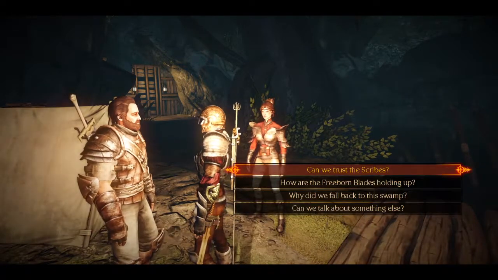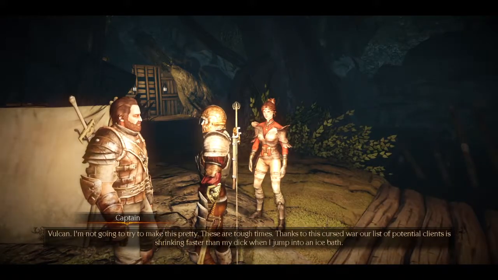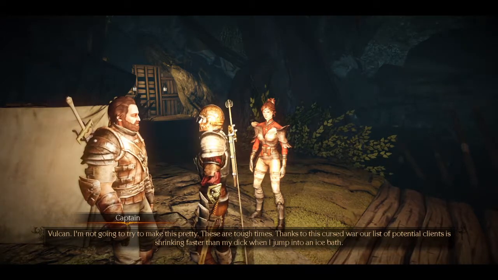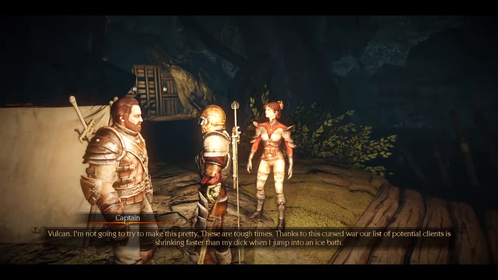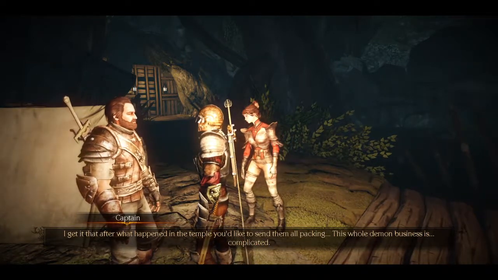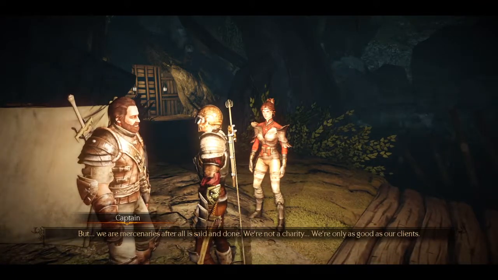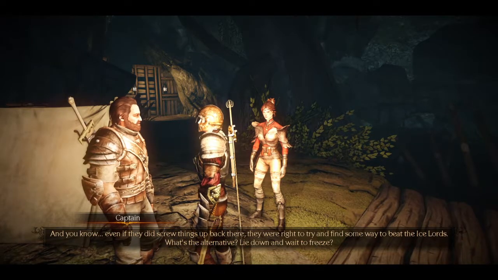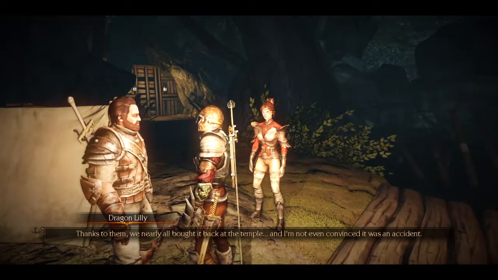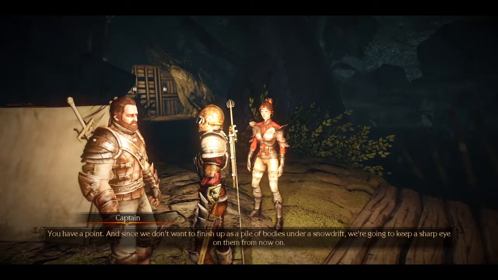Captain, do you really think we should... Vulcan, I'm not going to try and make this pretty. These are tough times. Thanks to this cursed war, our list of potential clients is shrinking faster than my dick when I jump into an ice bath. I get it, that after what happened in the temple, you'd like to send them all packing. This whole demon business is... But we are mercenaries after all is said and done. We're not a charity. And you know, even if they did screw things up back there, they were right to try and find some way to beat the Ice Lords. Thanks to them, we nearly all bought it back at the temple. You have a point. And since we don't want to finish up as a pile of bodies under a snowdrift...